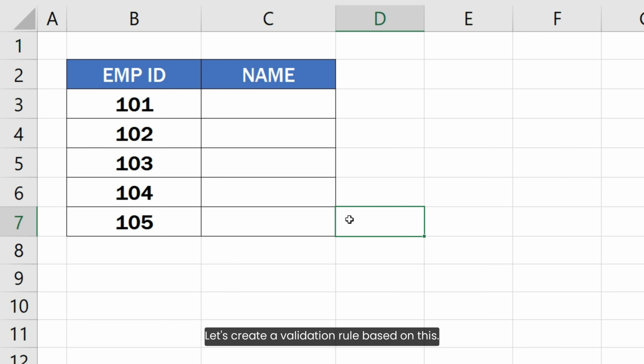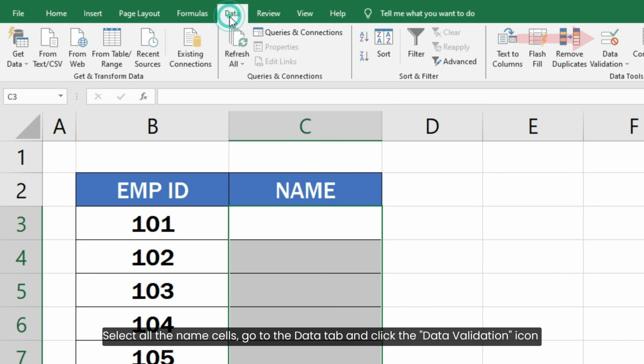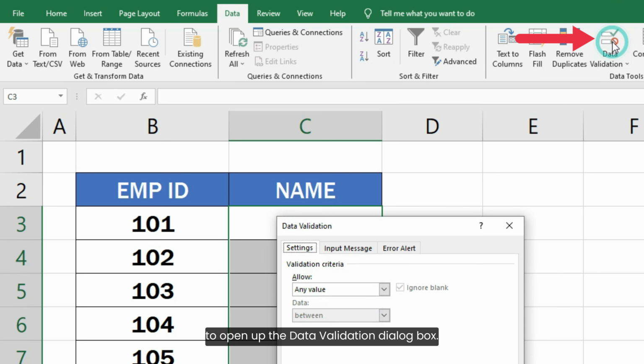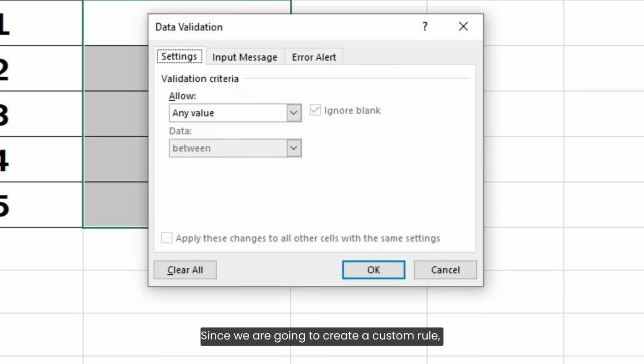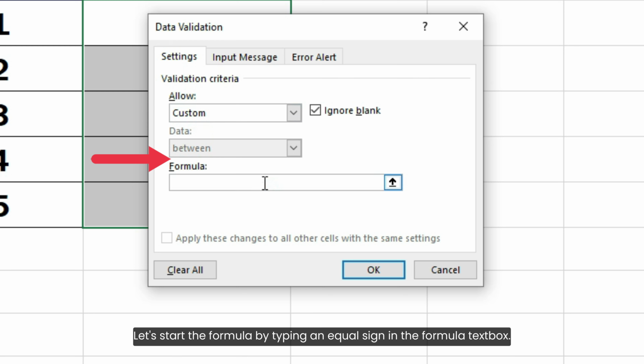Let's create a validation rule based on this. Select all the name cells, go to the Data tab and click the Data Validation icon to open up the Data Validation dialog box. Since we are going to create a custom rule, select the Custom option from the Allow drop-down menu. Let's start the formula by typing an equal sign in the formula text box.